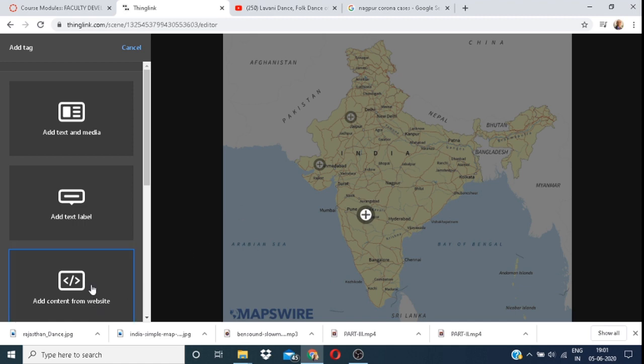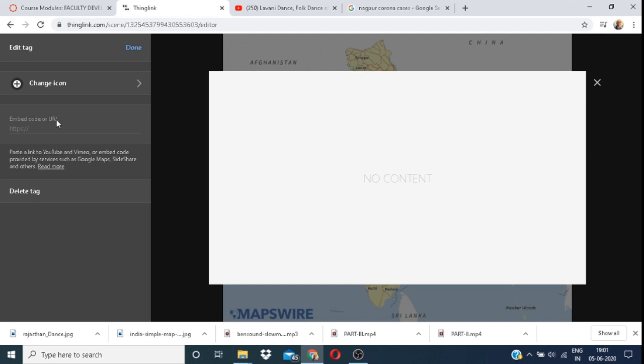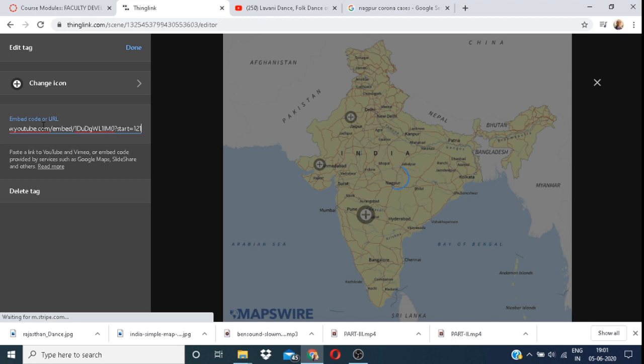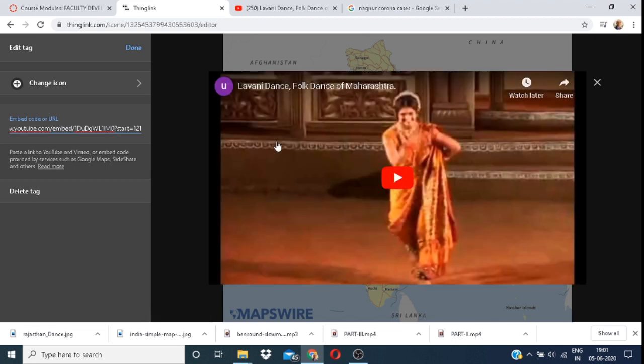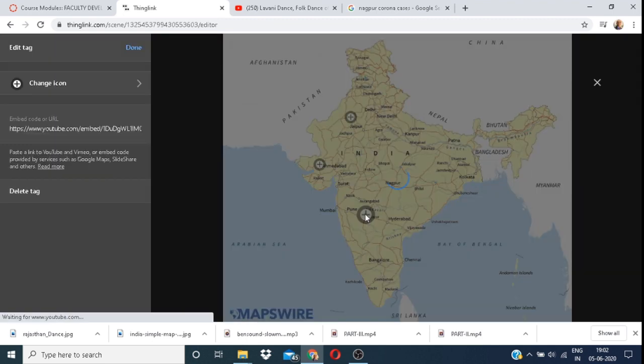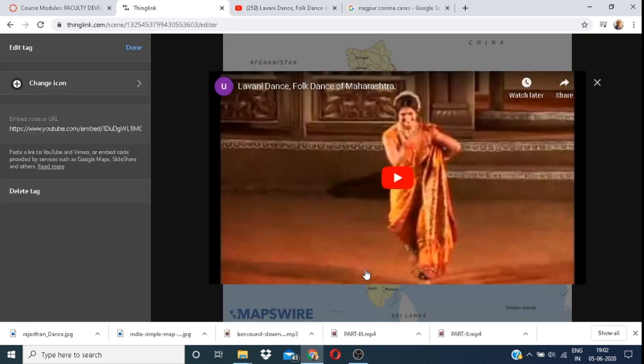Go to add content, embed code, go to YouTube, then copy the embed code, return to ThinkLink, and just paste your embed code. Your video appears in the project. When we click on that, you can find the video in this window.